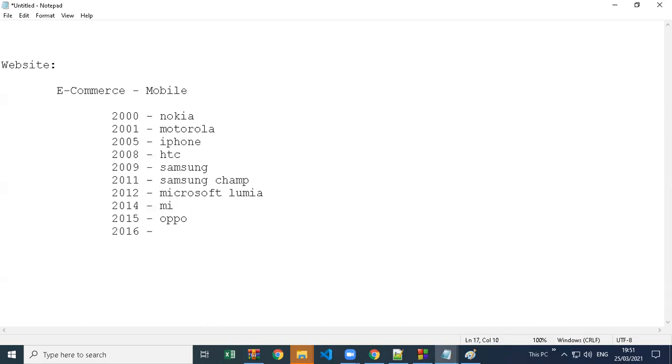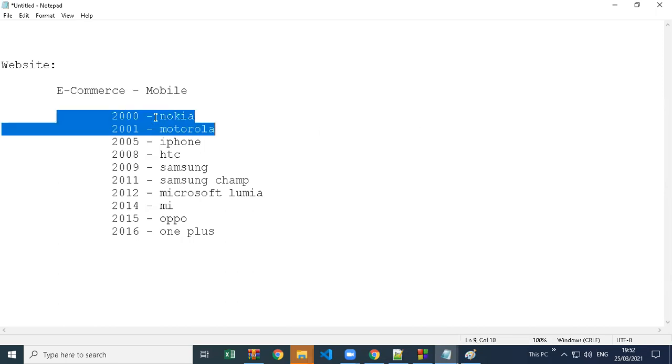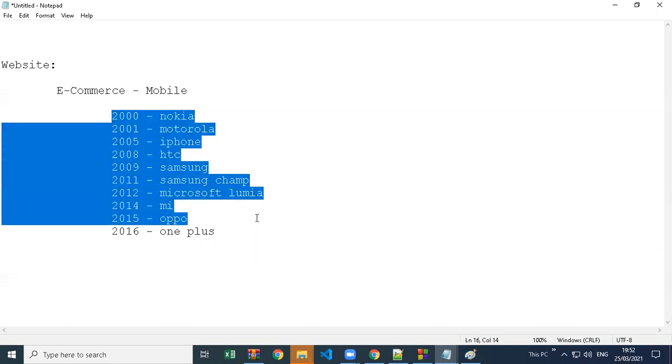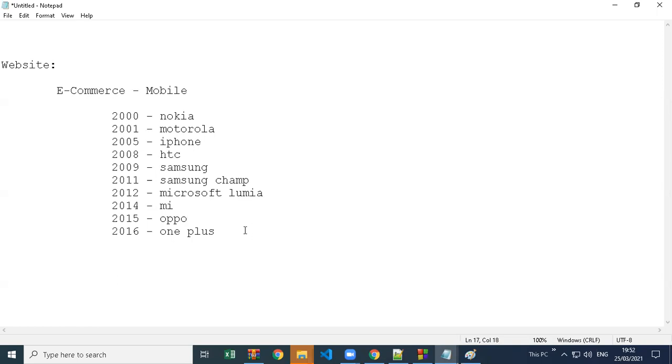So the main thing I want to explain from this: in the website, we started selling the mobiles. There are many mobiles, of course, thousands, maybe lakhs of mobiles we sold, because it started in 2000. And now, after 20 years, we have a lot of data, because we sold many mobile phones. Now in our database, in our table, we have data stored in this order. Because I sold the Nokia mobile first, in my table, my first row is Nokia.